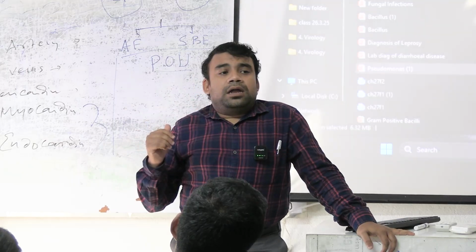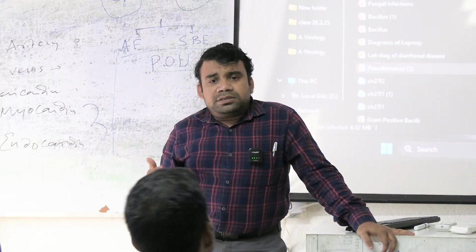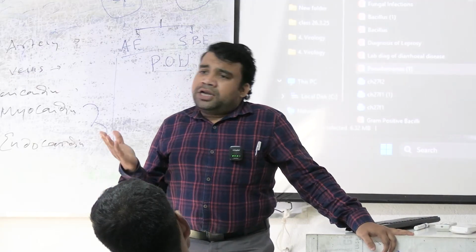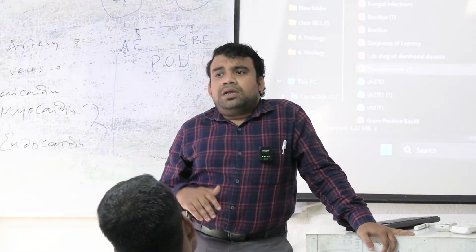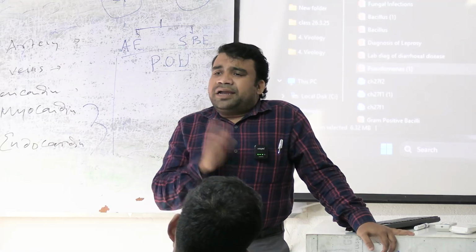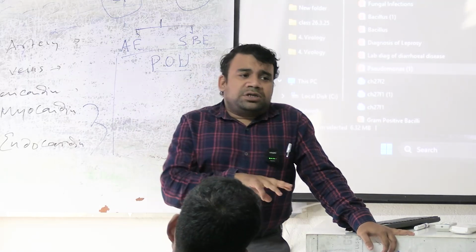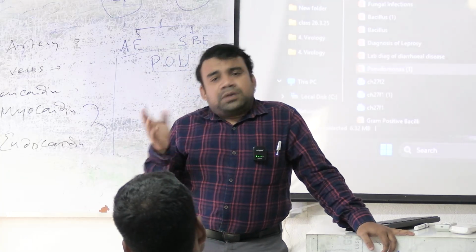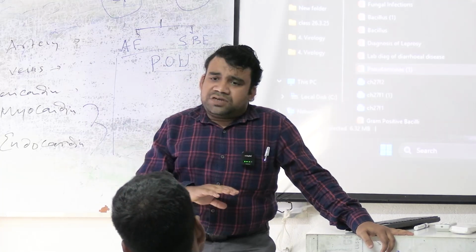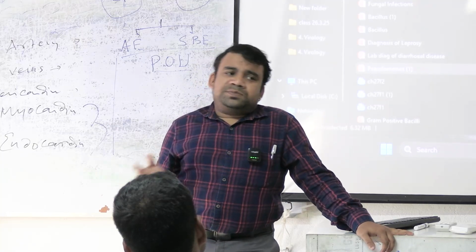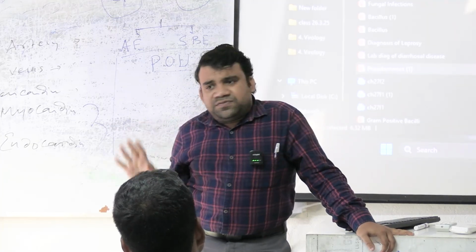Next would be endocarditis and myocarditis. Very commonly endocarditis is seen. Endocarditis may be acute endocarditis, may be subacute endocarditis. Based on acute and subacute, some organisms will cause acute, some will cause subacute. Again, native valve, prosthetic valve organism spectrum different. Culture positive, culture negative, spectrum different. These are the infective processes.